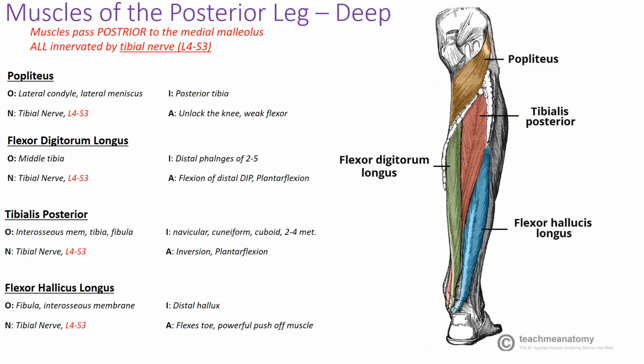Next, we're going to do muscles of the deep leg. I think here's where it gets a little bit more tricky. Usually this is where students struggle, but we're going to make it straightforward. Again, everything here is innervated by the tibial nerve, L4 through S3, and that's because it's located in the posterior compartment